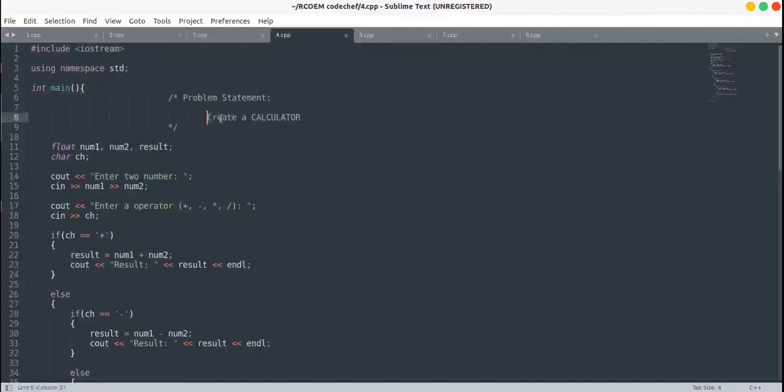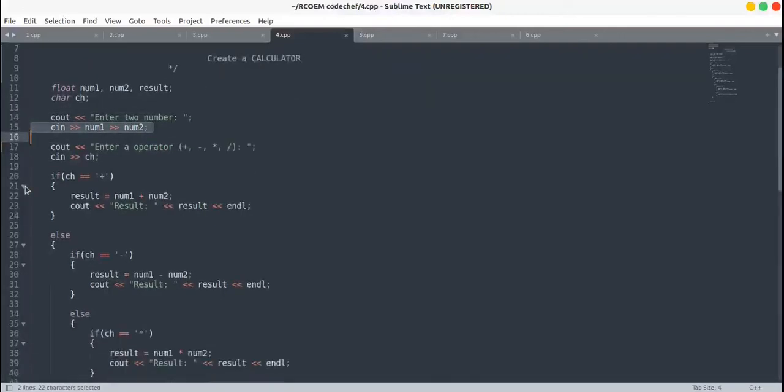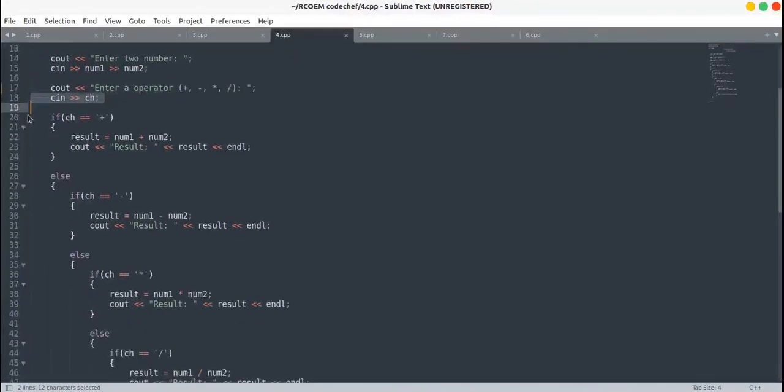First we will declare 3 variables of float data type and 1 variable of character data type, and take 2 numbers from the user and store them in num1 and num2 variables. Then the user will input the operator and we will store it in the ch variable. Now we will compare the ch operator. If ch is equal to plus, then we will print the result num1 plus num2.